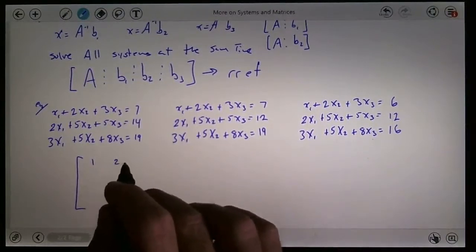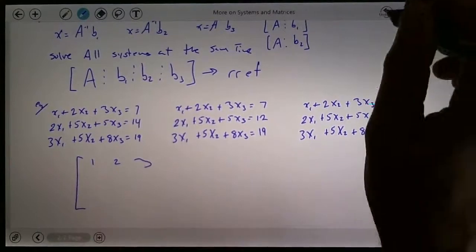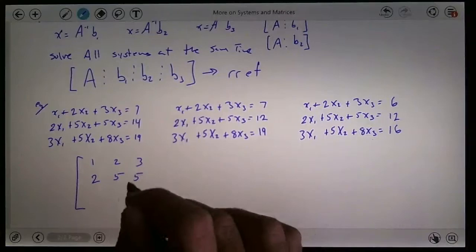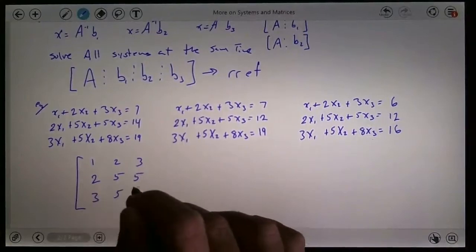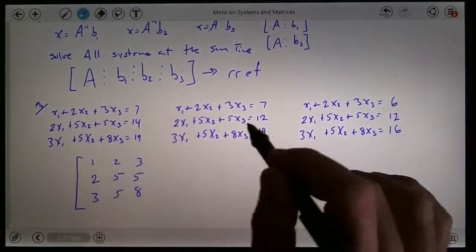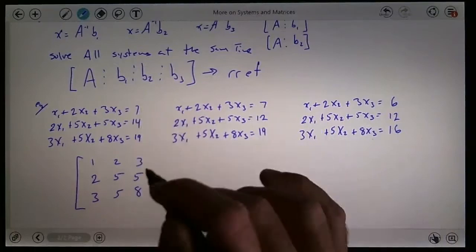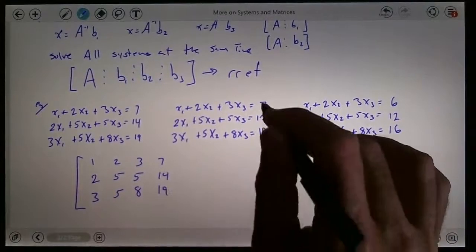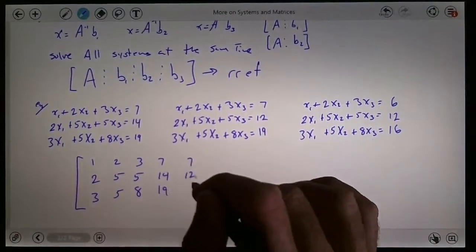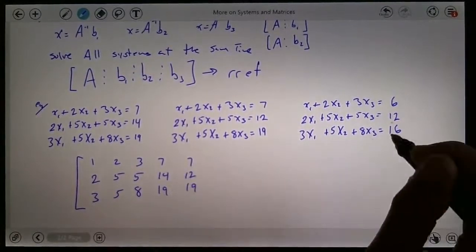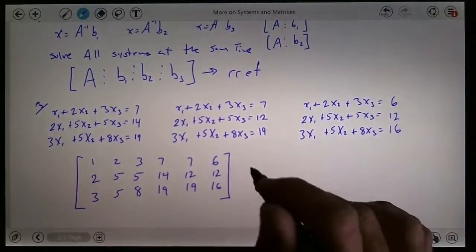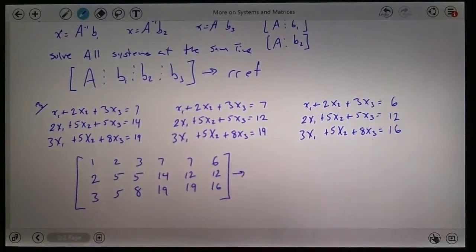I've got 1, 2, 3, 2, 5, 5, 3, 5, 8. That's the coefficient matrix. Now I'm going to use the numbers 7, 14, 19, down here 7, 12, 19, and these 6, 12, 16,